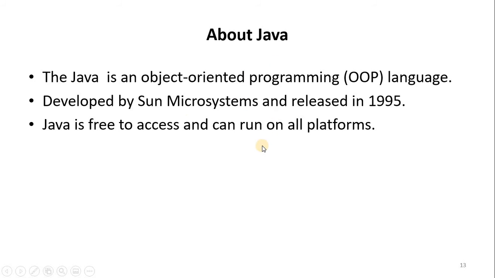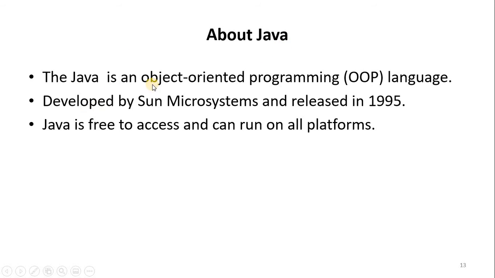Now we go to what is Java. Basically we are going to discuss how the object oriented technique is applied in Java programming. For that reason we are going to discuss what is Java. Java is an object oriented programming language. In this course we are going to use the Java language entirely.